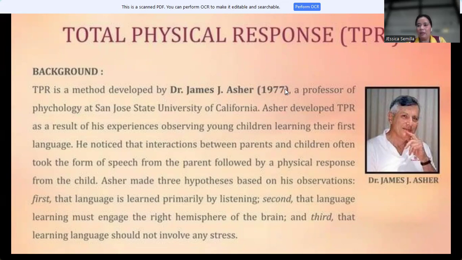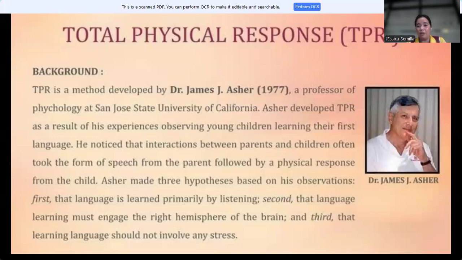So I'll give you first a background of TPR or what we call total physical response. This is basically a method developed by Dr. James J. Asher in 1977, who is a professor of psychology at San Jose State University of California, that focuses on the results of experiences through observation. So if you're going to look at the TPR,